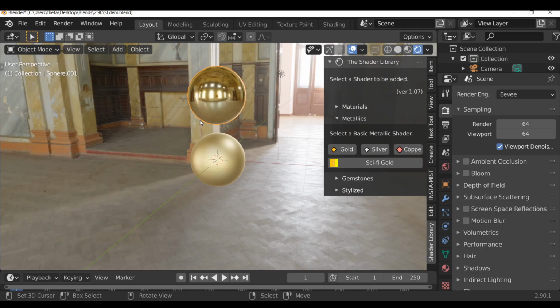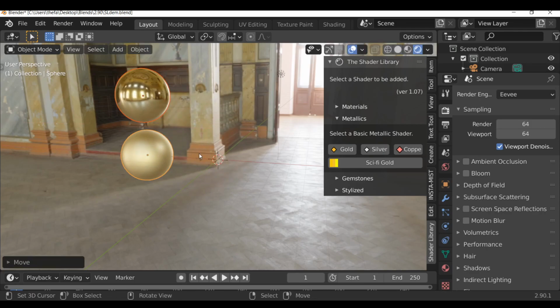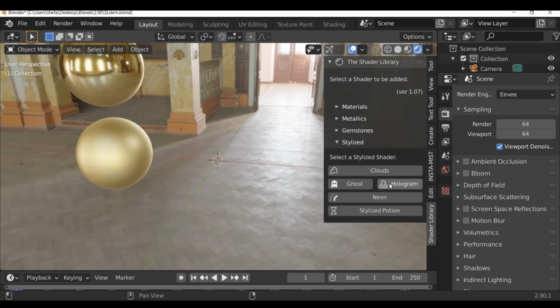It's only a small addition, but I think it makes your workflow a little bit easier. Again, let me know what you think of any of these updates or any improvements you think we can still make. This is by no means a finished article. It will hopefully keep improving as time goes on. You'll notice the ghost and the hologram shader is a little bit different as well. So let's go ahead and take a look at that.